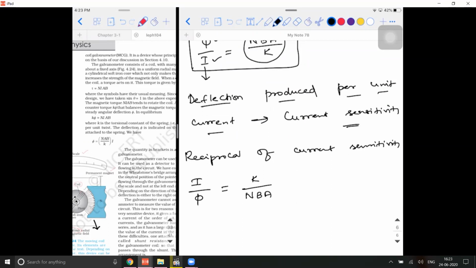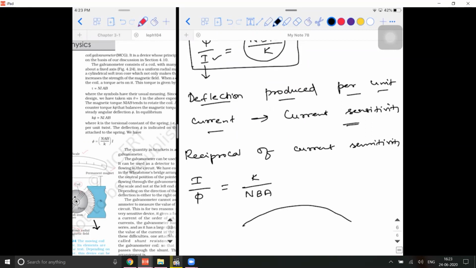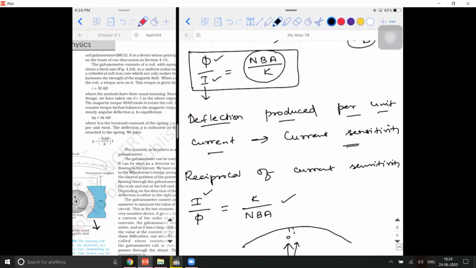No, actually the meaning of this is, if you have a pointer like this, if this is 0, after the 0 you will have the first division. The meaning of this particular physical quantity is, I'll tell you the name of it. If the pointer is at 0, the least count is one division. So if you need to produce a deflection of exactly one division, how much current should I pass? So try to understand the difference. They are almost the same, but concentrate. Here, you can pass any amount of current you want.